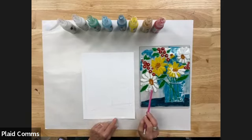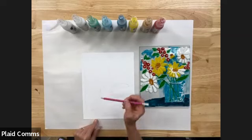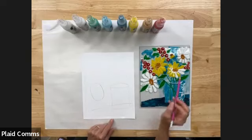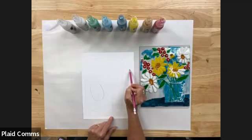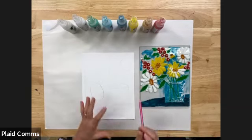This little white daisy down at the bottom is below the vase. You can see he's below the top of the vase. So maybe that's his center. And he kind of sits looking out that way, so he's leaning a little bit that way. And then this little daisy on the top sits in the far corner, and it's maybe the smallest. And I'm letting it bump right up to the edge. So that places it. And that's always the hardest part, is placing your flowers so they're not in a row